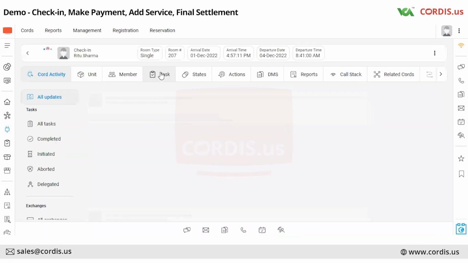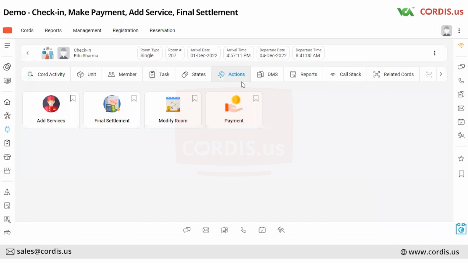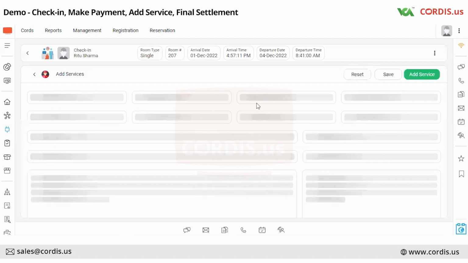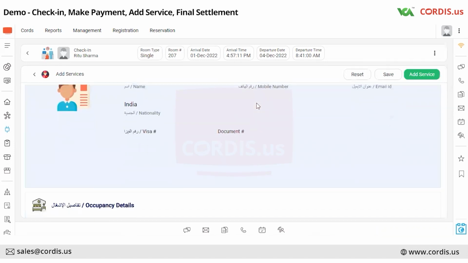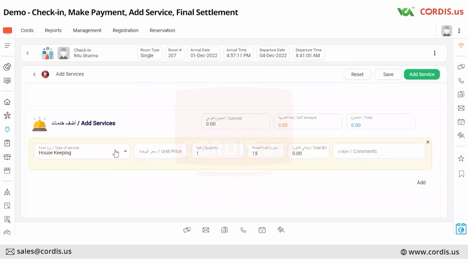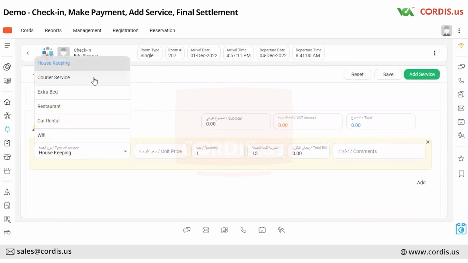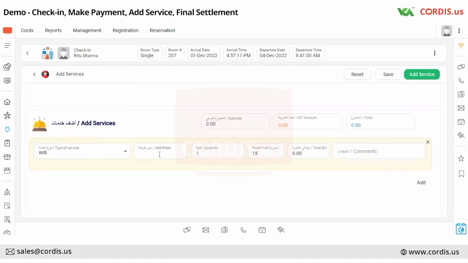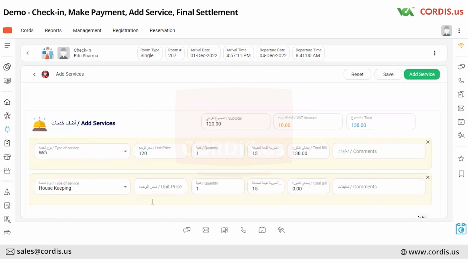Now once I have checked into the room, there are multiple actions that I can perform here again. I can add a few services here. The customer details and the occupancy details will come. We have a set of services here: housekeeping, courier service, extra bed, restaurant, car rentals, Wi-Fi. All these services are what the hotel is offering. I can add the unit price here, the quantity that is required by the customer, and if there is any other